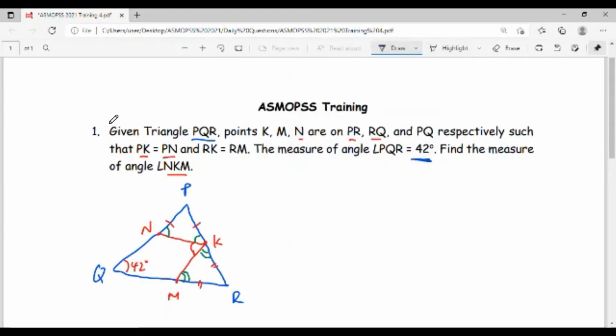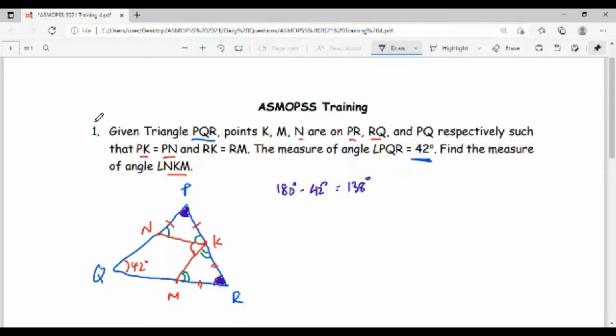If you pay close attention, the 42 degrees actually has something to do with the angle here that I color blue and the angle here. Am I correct? Okay, if we subtract that 42 degrees from 180 degrees, it will give us the sum of the two angles, which is equal to